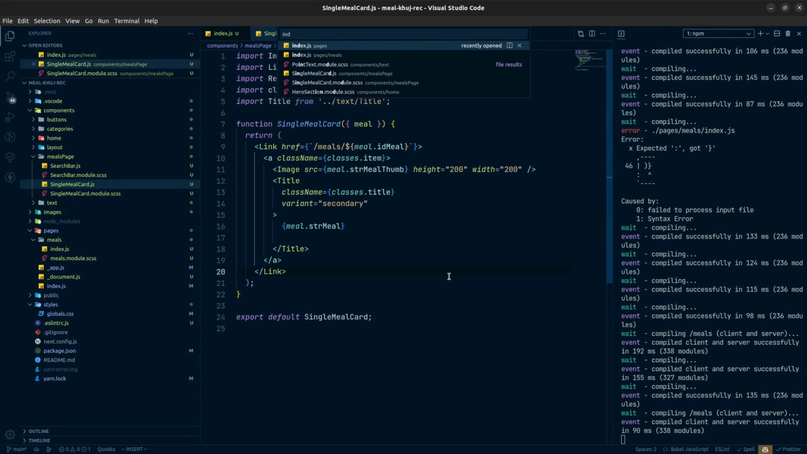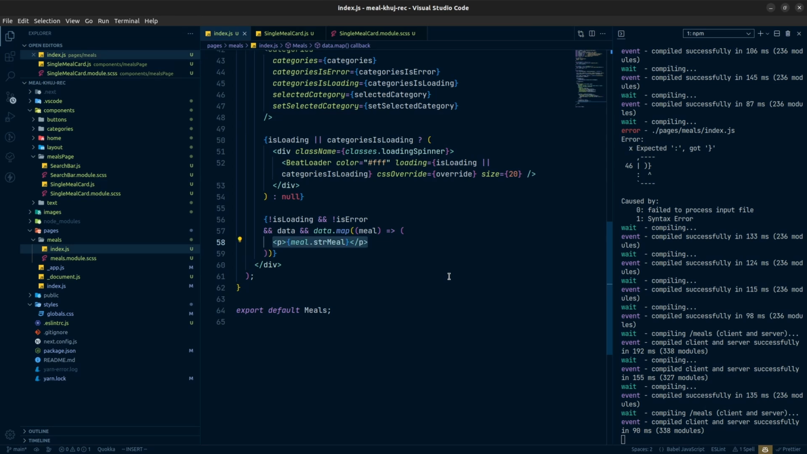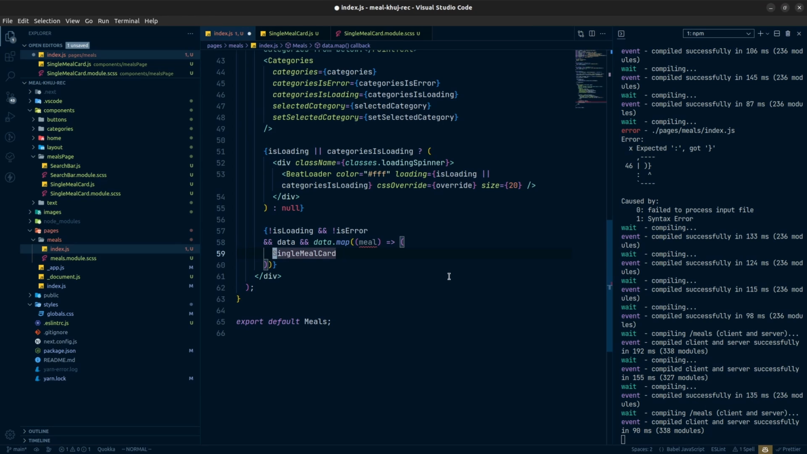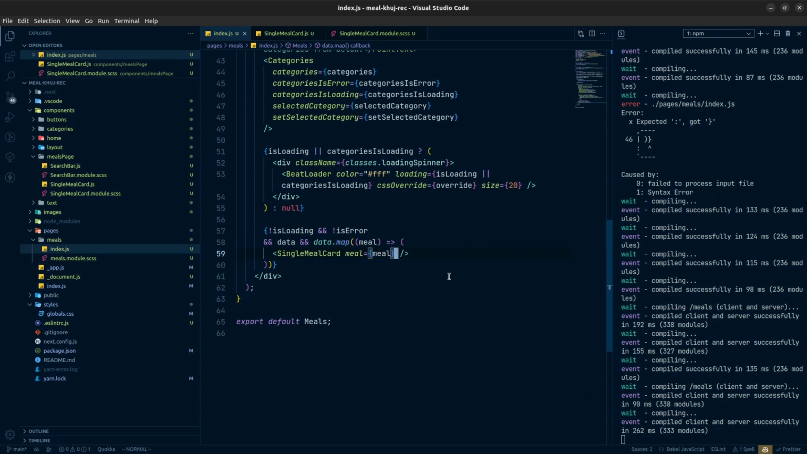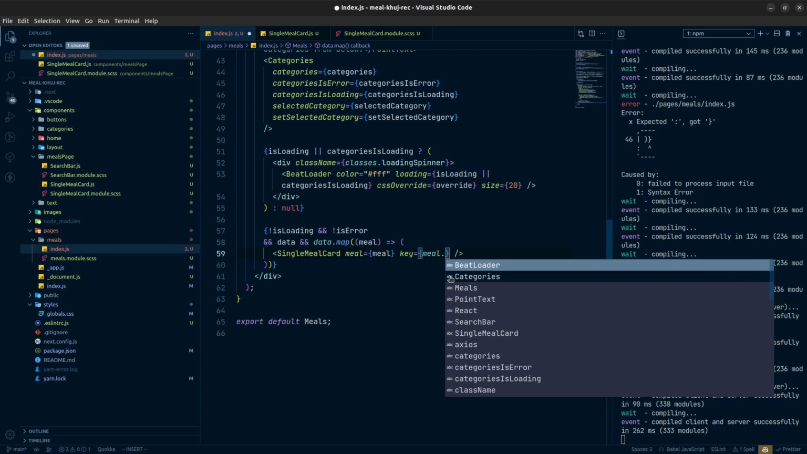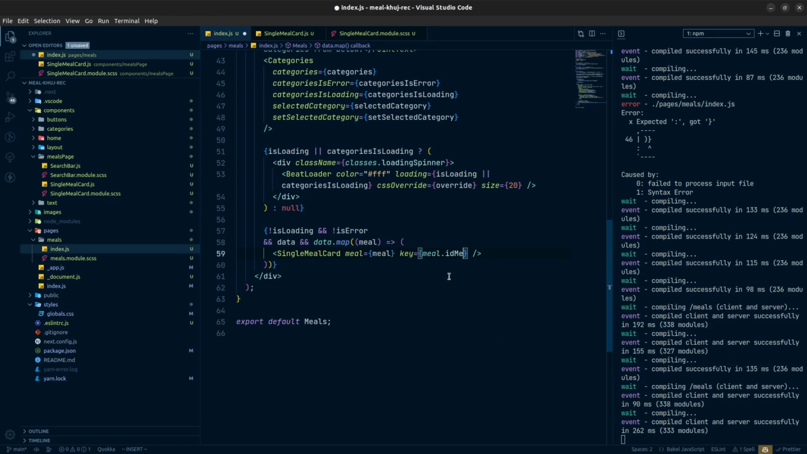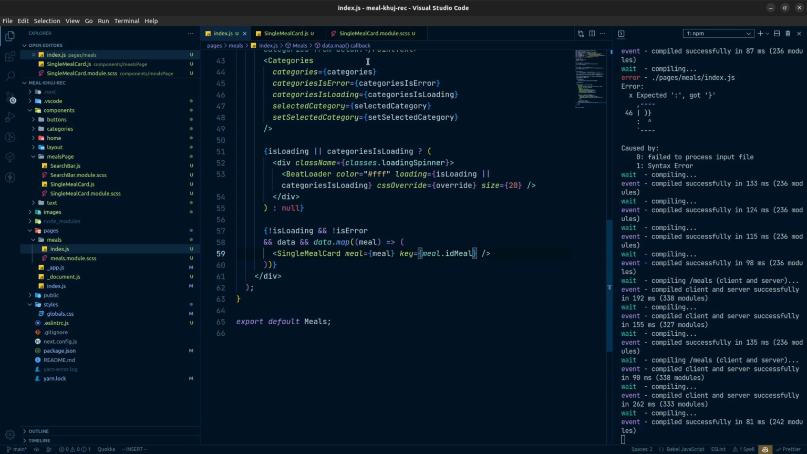So in the index page of meals, instead of this I will use SingleMealCard, and here we will provide the meal, and this will be the meal. And also for the key, I will use meal dot idMeal. That's it. So now if I do that,